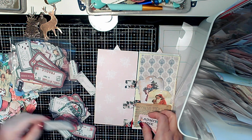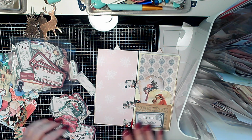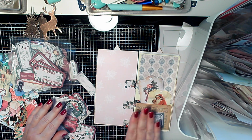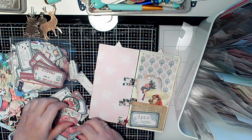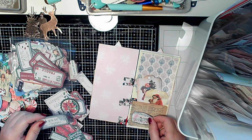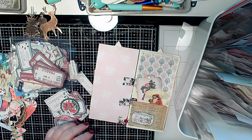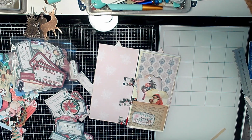These are Pink Monarch. These are nice, actually. Oh yeah, these would go better. Even though I'm going to have pink there, this isn't really, is it? It's something else entirely. And what's that say? Oh, that says Let It Snow. I like that. Put this away. And then maybe